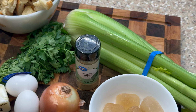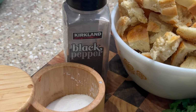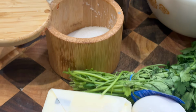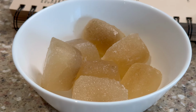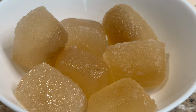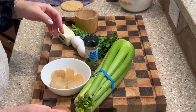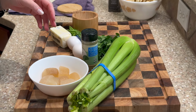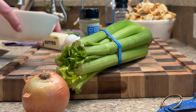So we have our bread, salt, pepper. Let me slow down. Salt, pepper, bread, parsley, butter, eggs, onion, and then this is some frozen chicken broth that I had in the freezer. I'm using what I have. If I didn't have this and I didn't want to spend money and I wanted to save money, I would use water. But we also have some fresh celery there, and I love the smell of celery and onion cooking